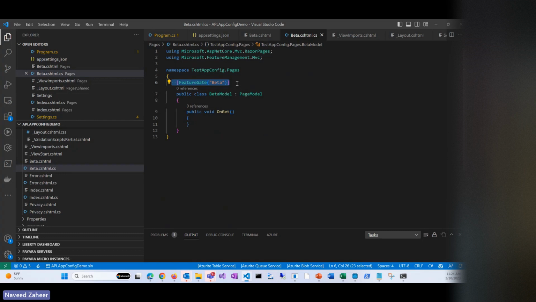It will be different in Java, but think of it. There will be a feature gate capability that allows you to show or hide that feature. Okay. I hope everybody is with me so far. So with that, there are two things. Number one, we are enabling or disabling this page. Number two, we are kind of showing it only to 50% of